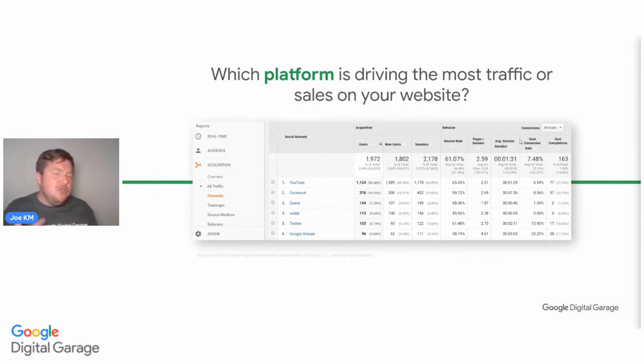And then look at what's going wrong on Twitter, look at what's going wrong on Facebook, and optimize them, do something different and increase them. So that all of a sudden you're getting more users from every platform. Don't just go, I'm doing 2 hours on each. Which one is driving you the most traffic? Which one is driving you the most sales?